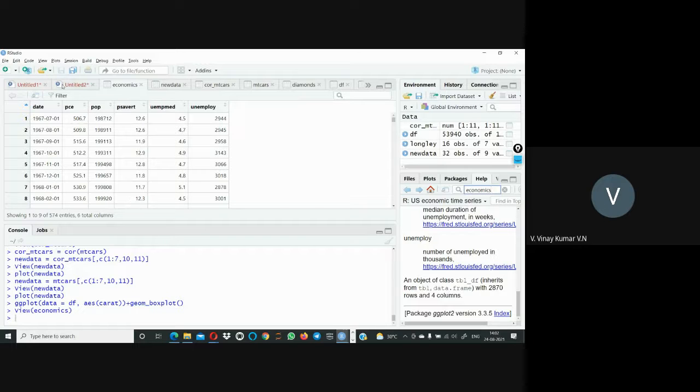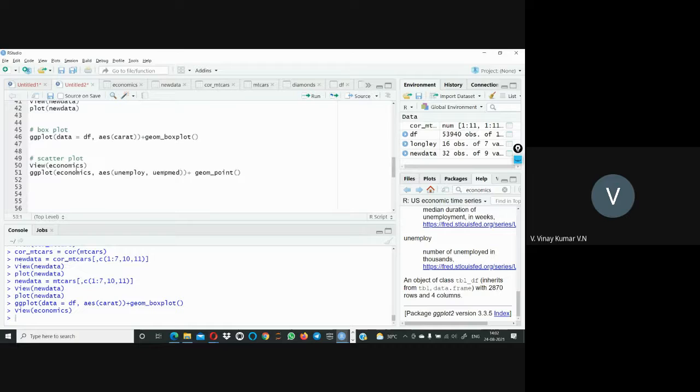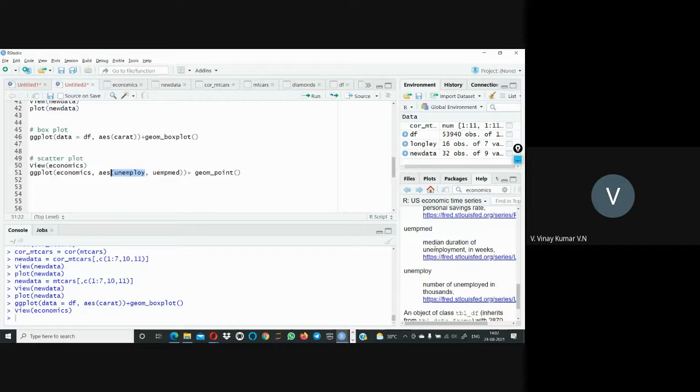For this data, we are finding the scatter plot between two variables. One is unemploy, the number of unemployed, and the other is uempmed, the median duration of unemployment in weeks. So here we are taking two columns. One is unemploy, representing the number of people unemployed in thousands, and the other is the median duration of unemployment in weeks.